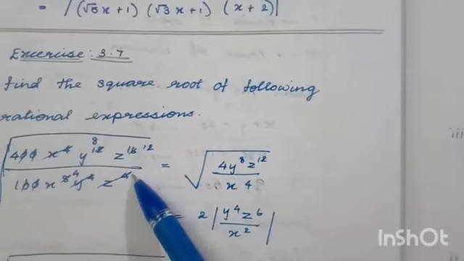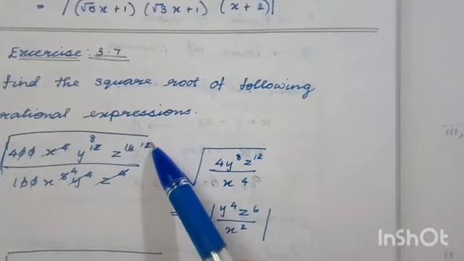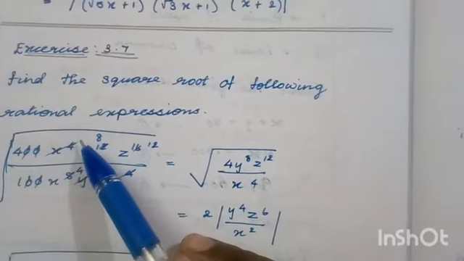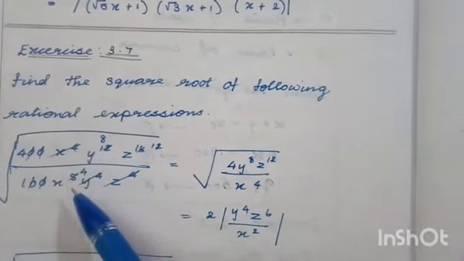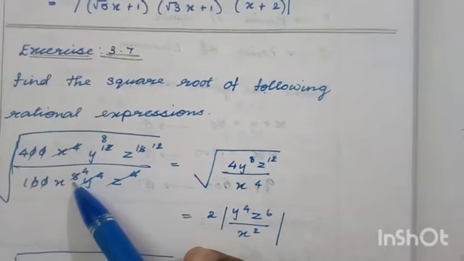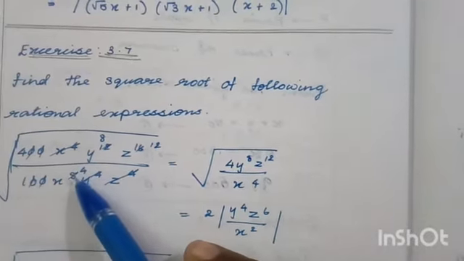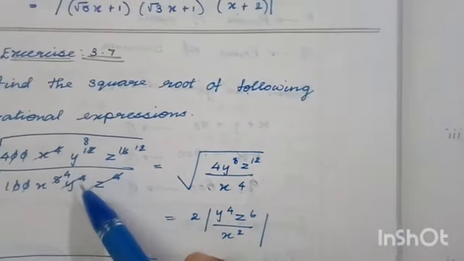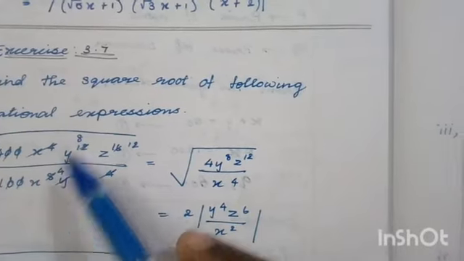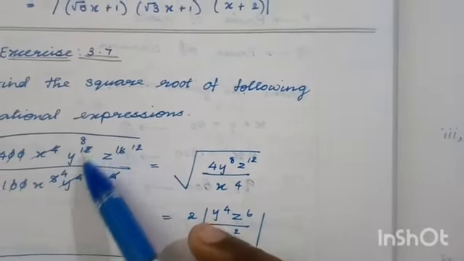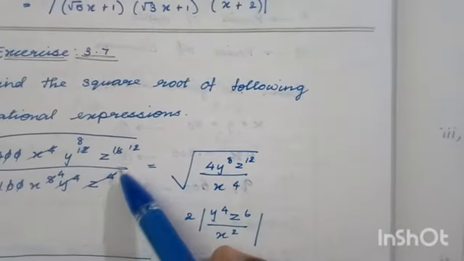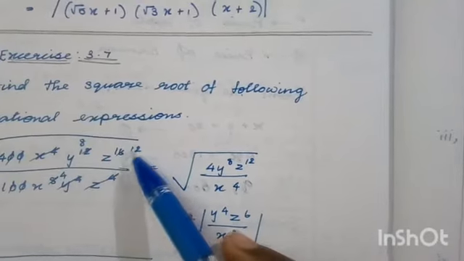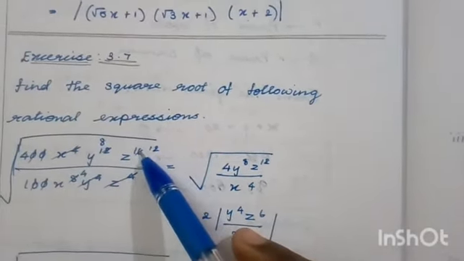Z power 16 by z power 4, here 4 you have to remove, so that is 12. When we are cancelling fully, you have to cancel fully; otherwise you cancel only the power. Here x power 4 and x power 8, we removed only 4, so cut this 8 and write 4. Here y power 12 and y power 4, y power 4 is fully cancelled, so this is 8. Now z power 4 is fully cancelled, here we want to remove only 4, so 16 minus 4 is 12. Just cancel the power.